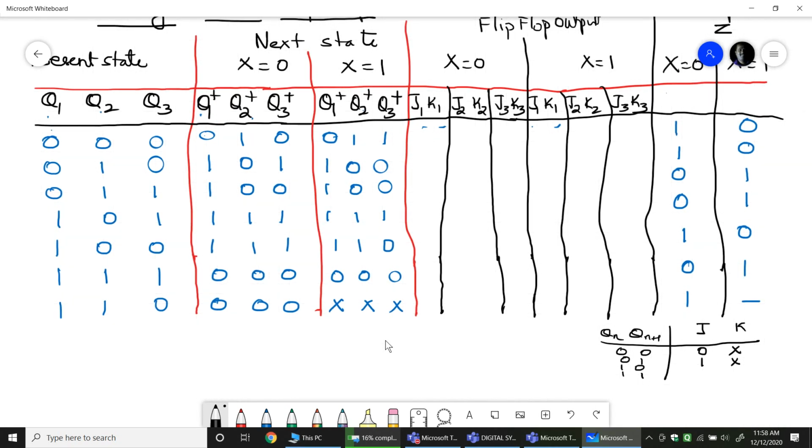By the transition table which we have derived earlier, now we need to apply this present state and next state details to get the JK output by looking into the excitation table of the JK flip-flop. So when 0 0 is there, JK will become 0x. Now you need to see Q1 and Q1 plus to write J1 and K1, at x equals 0. So similarly 0 1 will give you 1x,